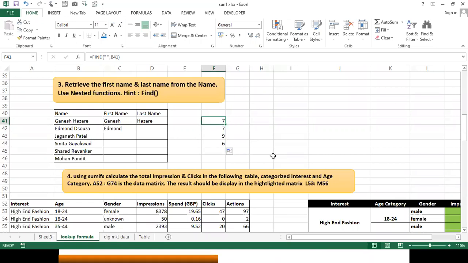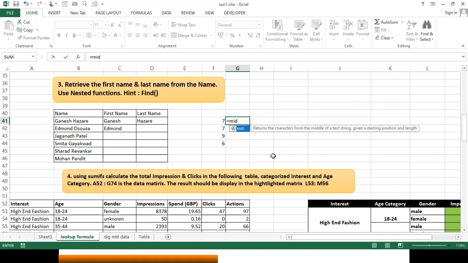So FIND will tell me the position of the space. I have one more function called MID, and I'll use that also. What does MID do? From the text, I want to extract a few characters. I can do that. So what I'll do is take from the 1st character till this character.